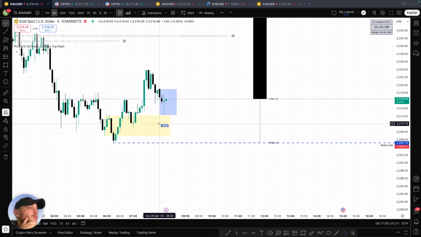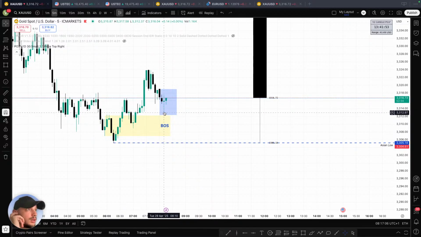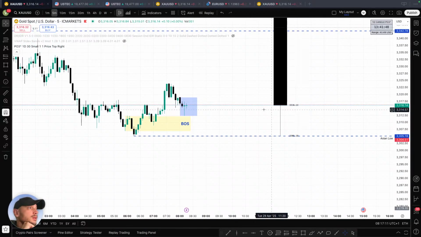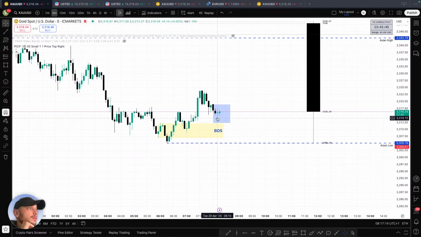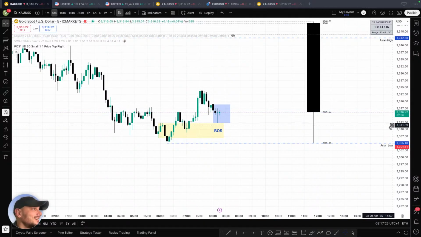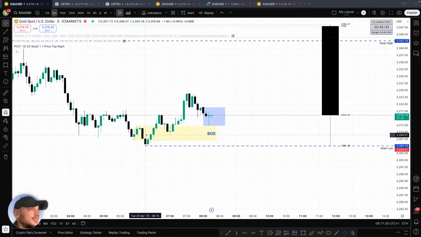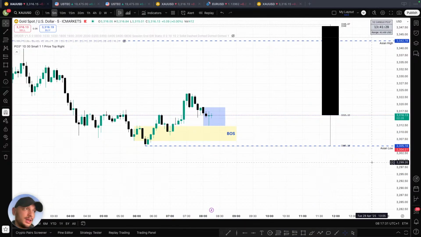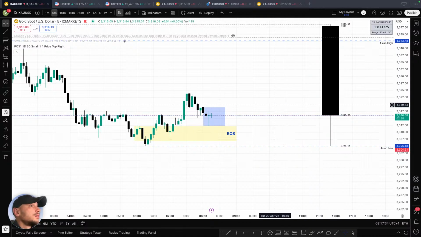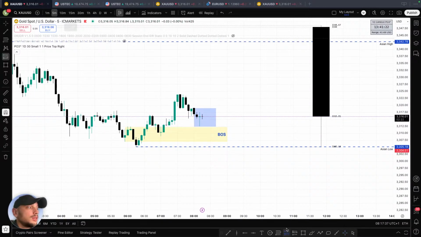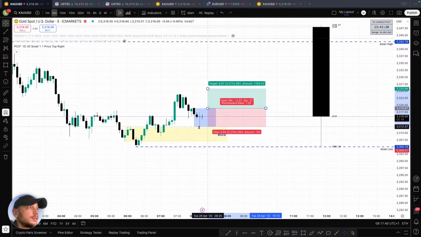On gold, we enter in a bit of a range. Now this candle, what is it telling us? It's telling us that the price is going to reverse from here. There were a lot of sellers. It hit our take profit, and we pushed it higher. But still, this Asia low is in play. But to be honest, I want to see something like this.